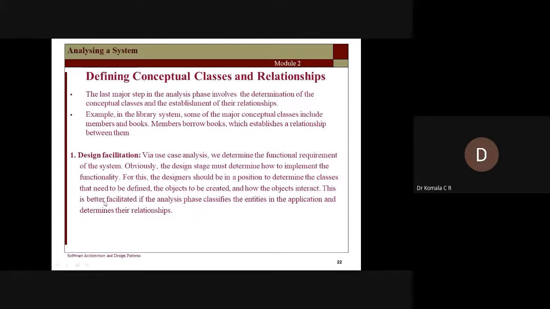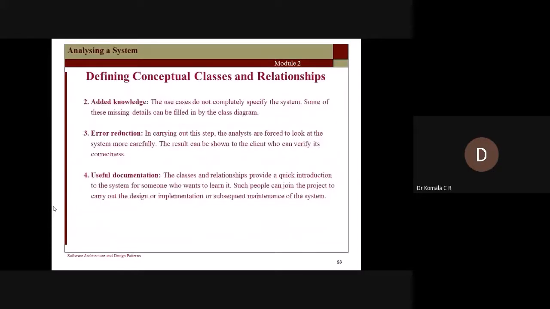This is better facilitated if the analysis phase classifies the entities in the application and determines their relationships. Entities are nothing but the blocks, whatever classes and objects you take now, and how these different objects interact with each other. What is the application you are going to develop? So your design part is done, planning is done. What is the next step?